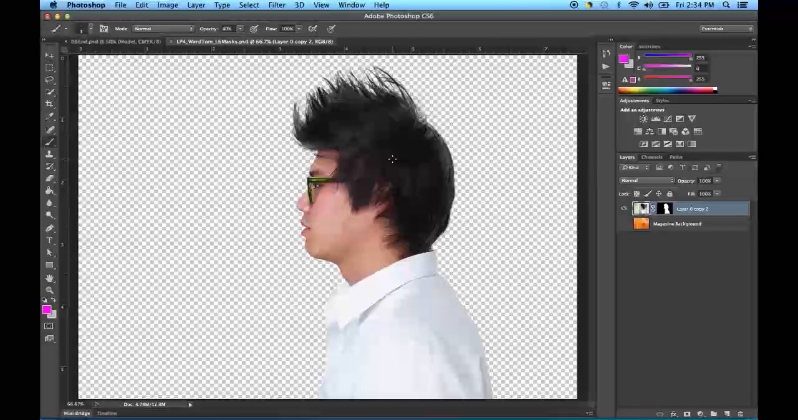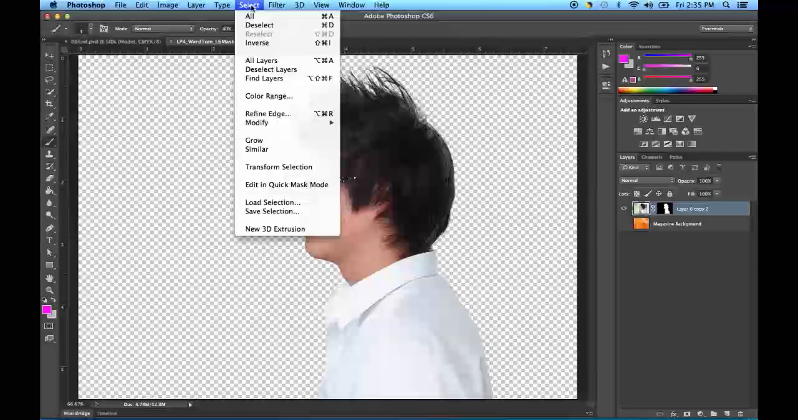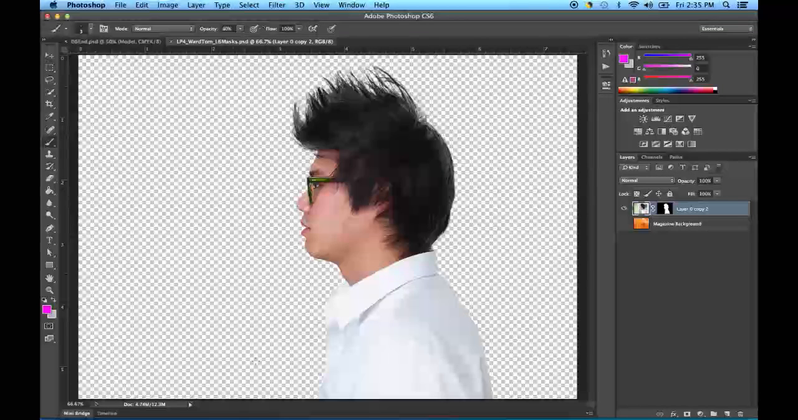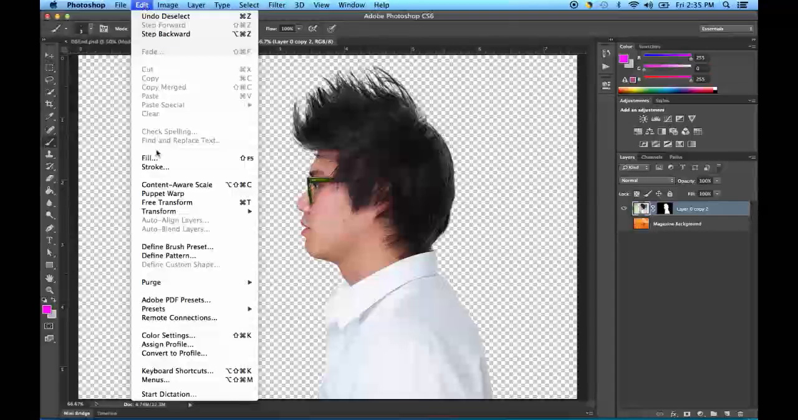So what I need to do is do Command H again, and that shows that it is still selected. So to deselect, I'll do Command D or Control D, or I can go up here and choose Select, Deselect. But that's the quick key, Command D. That's what I use most of the time. So now it's deselected. The whole image is unselected. I'm going to go to Edit, Puppet Warp,